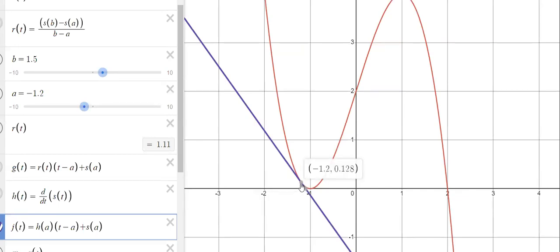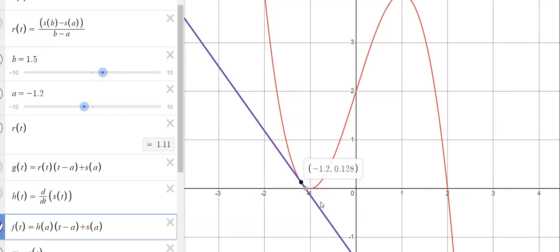This point meaning the point when x is negative 1.2. This is just an example. I'm not specifying that this works for all functions or all functions look like this. We're looking at the rate of change at that particular point. We're talking about the slope of the tangent line, and we know that we get that slope